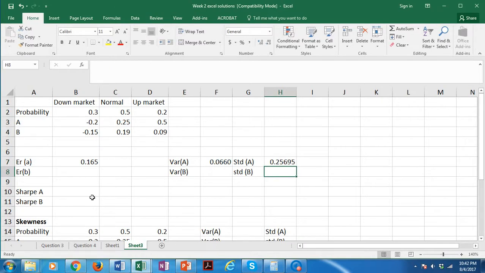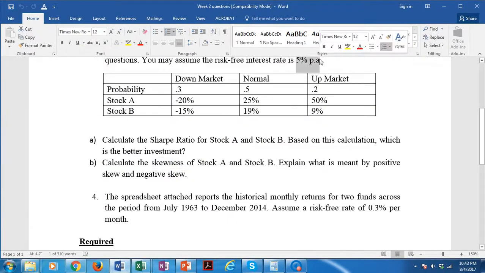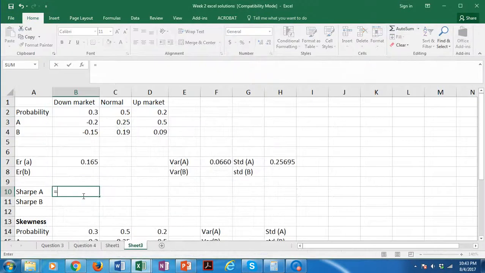Now we have all the inputs to calculate Sharpe ratio for stock A. So Sharpe ratio will be expected return minus risk-free rate. If you can remember, risk-free rate was given by 5%. So equal expected return minus risk-free rate. So we put a bracket and then divide by standard deviation. Sharpe ratio is 0.44755. If you calculate the Sharpe ratio for stock B the same way, you will get that